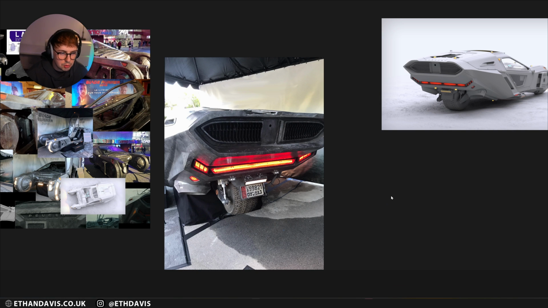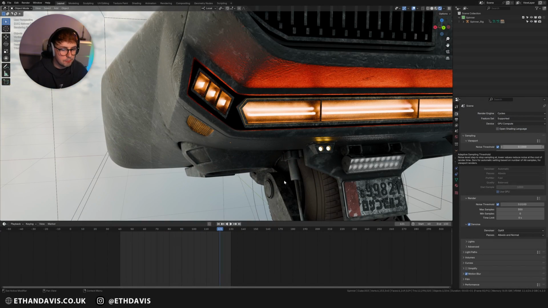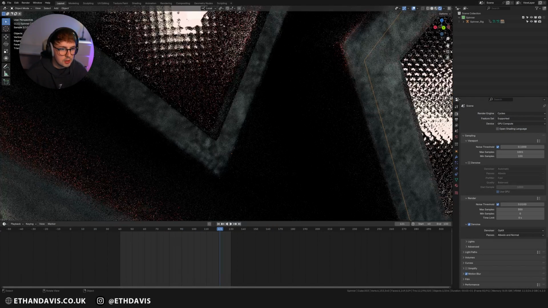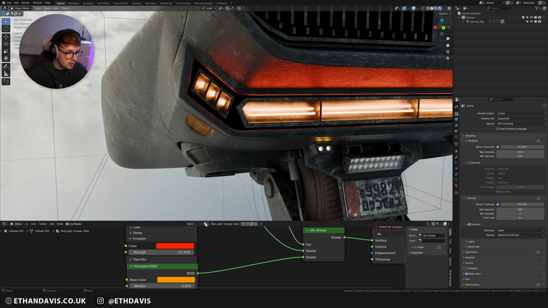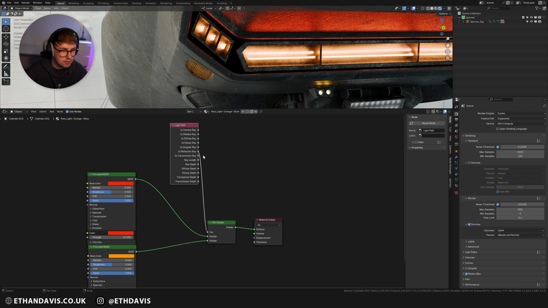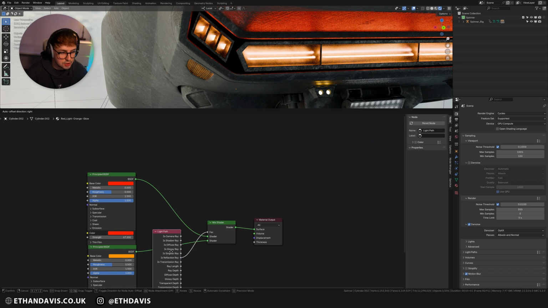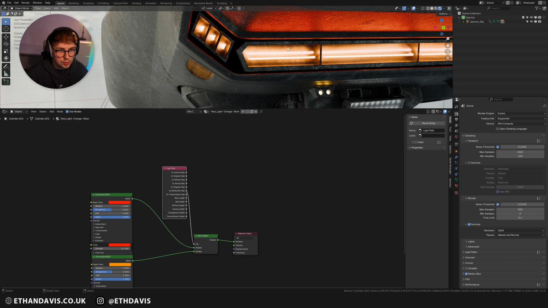And I probably could have done it quite simply, but the way I went about it was to, well, I'll actually show you. I went into my emission light, and I got a red and orange light, and I separated it via the reflection ray. And what that does is basically control the light that is hitting the reflection, I think.